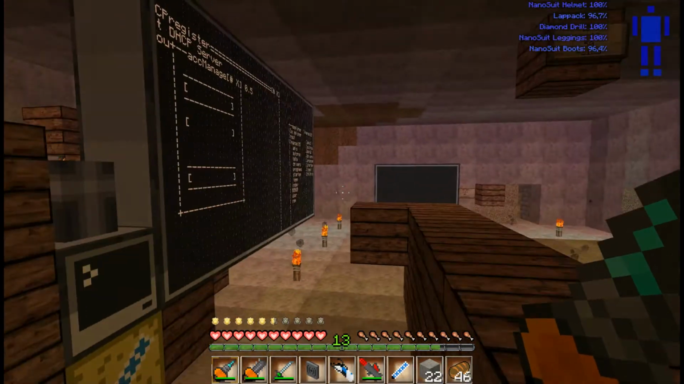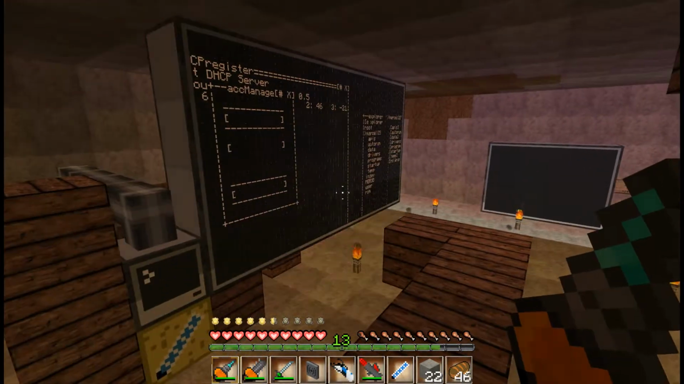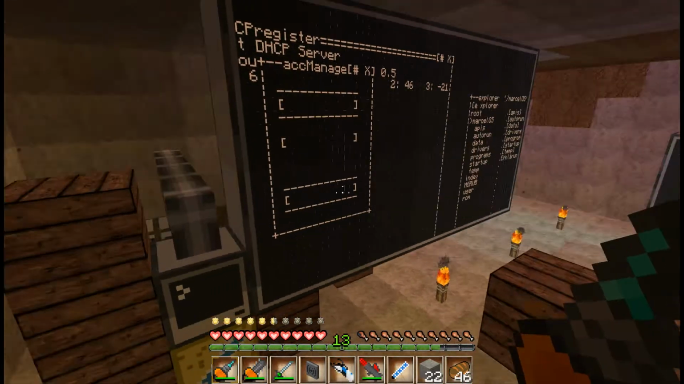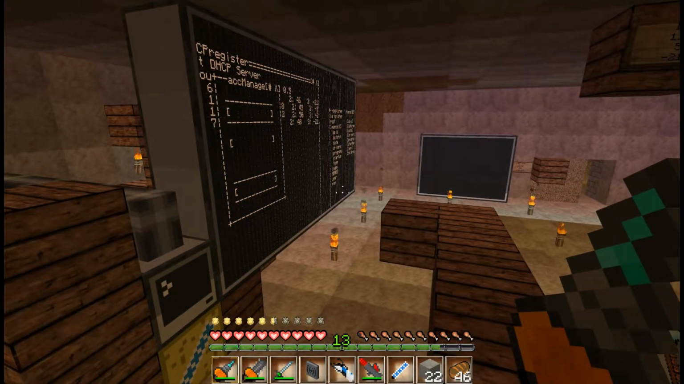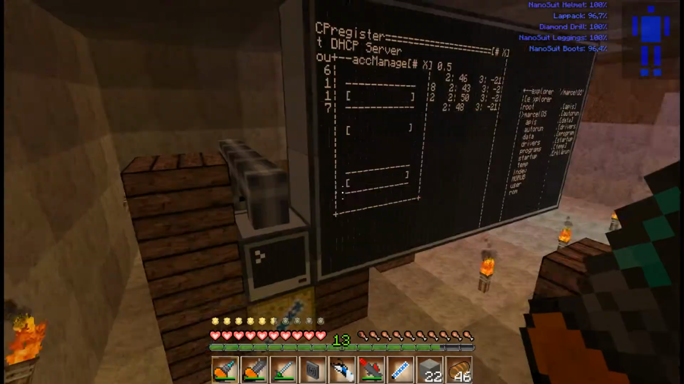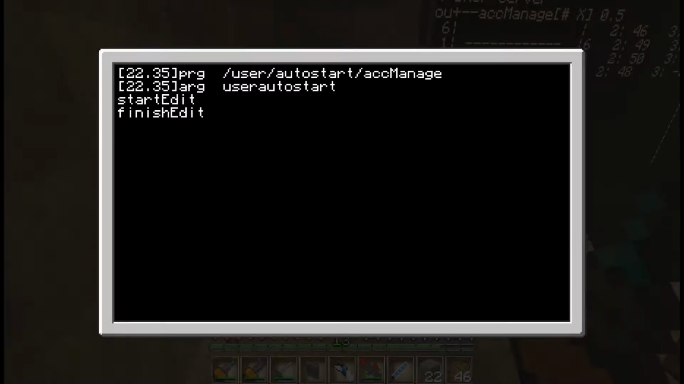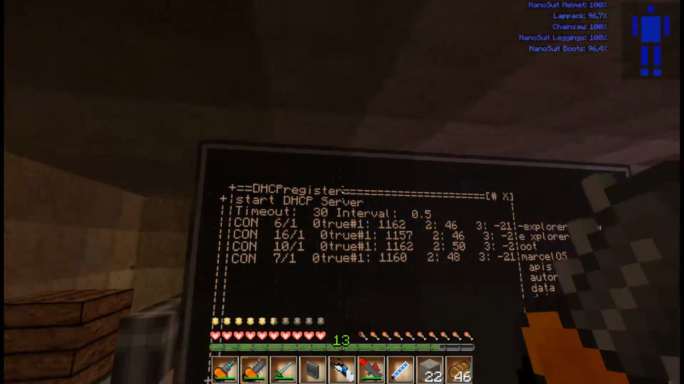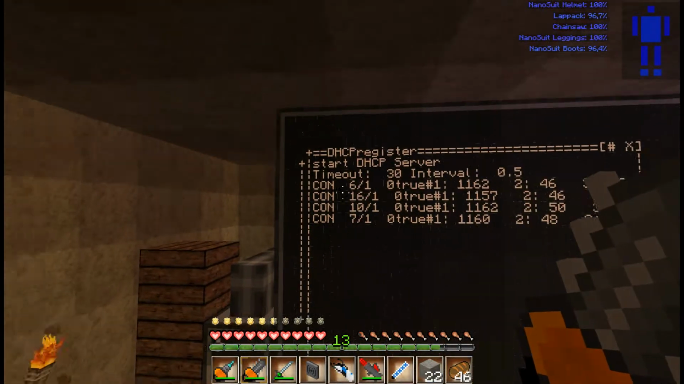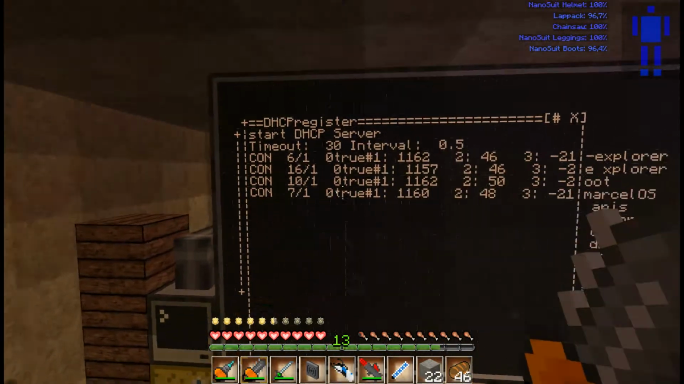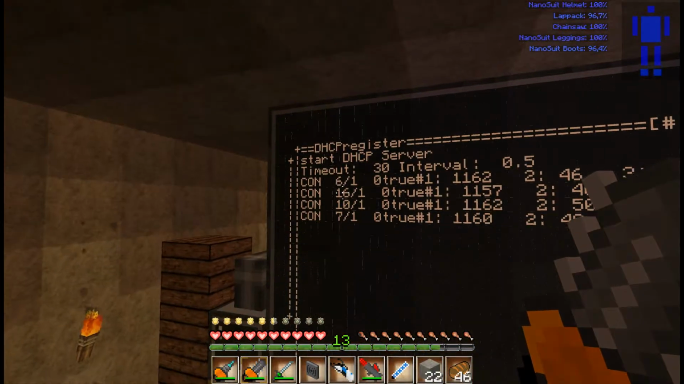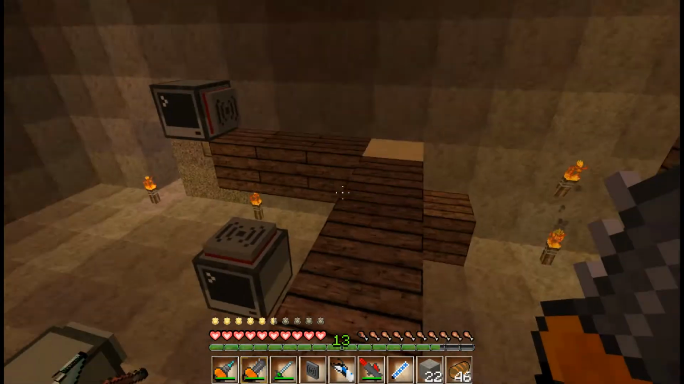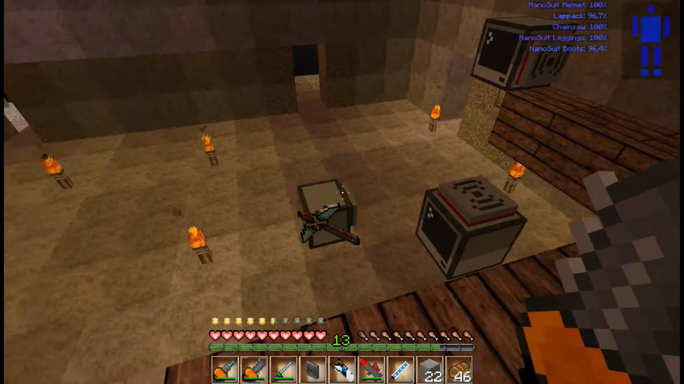The multi-program thing was improved and rewritten, and the IP system also. Just to mention, the IP system is almost the same. You have this little window which tells you to which PCs I'm connected. Currently I'm connected to PC 6, 16, 10 and 7. These four